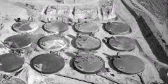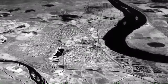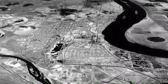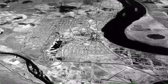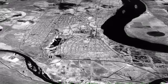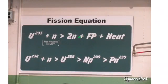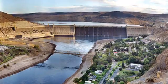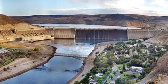This is because it's located in an isolated area for privacy, and being that it's along the Columbia River, it provided an abundant supply of clear, cold water, which the reactor requires to dissipate the heat from nuclear fusion. On top of that, it's close to 2 major dams, the Grand Coulee Dam and Bonneville Dam, which produce the